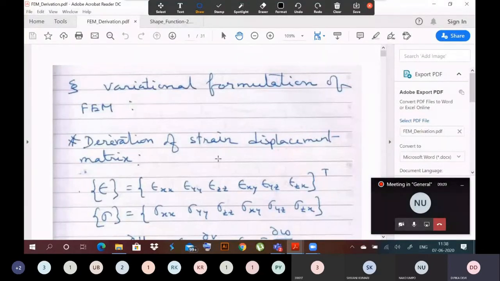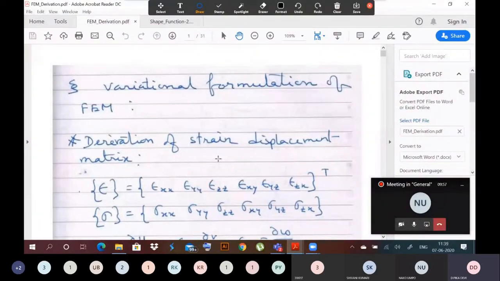We already know what these methods are. These methods are approximate methods of analysis. We have seen that these methods can be used to solve problems, like we have already discussed how to solve a bar, how to solve a beam using these methods. Okay, Rayleigh-Ritz method and Galerkin's method. But the only difference between FEM and Rayleigh-Ritz and Galerkin's method is, in FEM, the domain to be analyzed will be discretized into small regions or areas or lengths. But in Rayleigh-Ritz and Galerkin's method, the whole domain will be used.